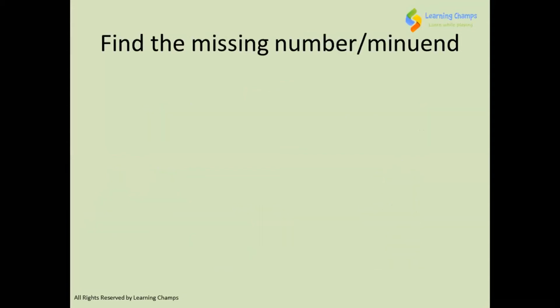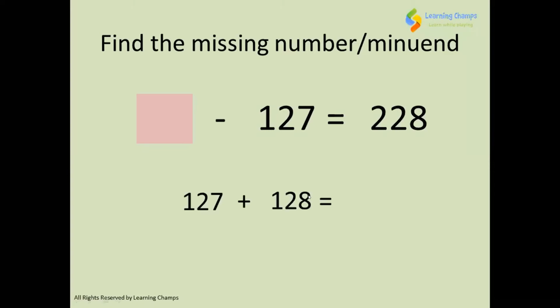Let's look at what will happen if the minuend is missing. So we know in a subtraction story, what is the largest value? Usually the largest value comes under the minuend. So that's why earlier, yes, Setuli? Very good. To add 128 with 127. Yes, then we will find the answer. So what is the answer? 255. Okay.